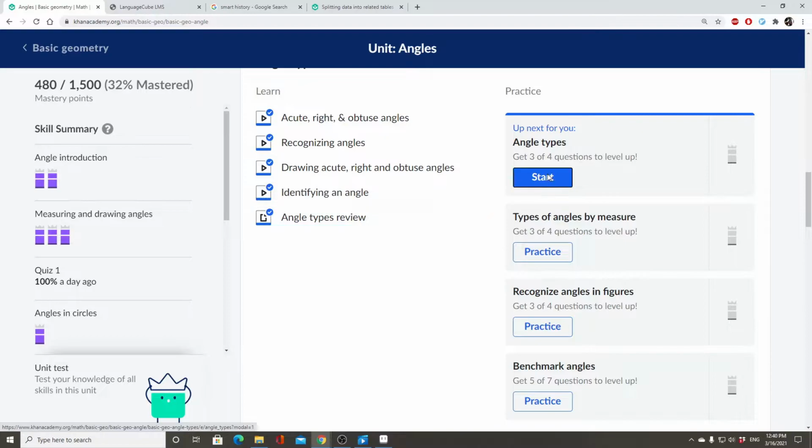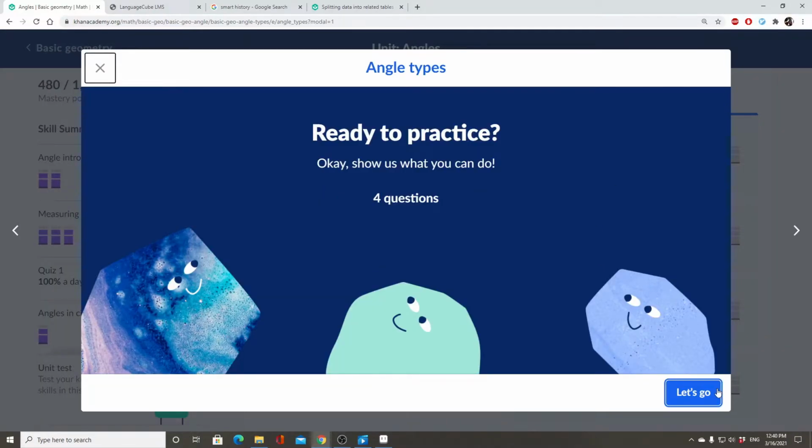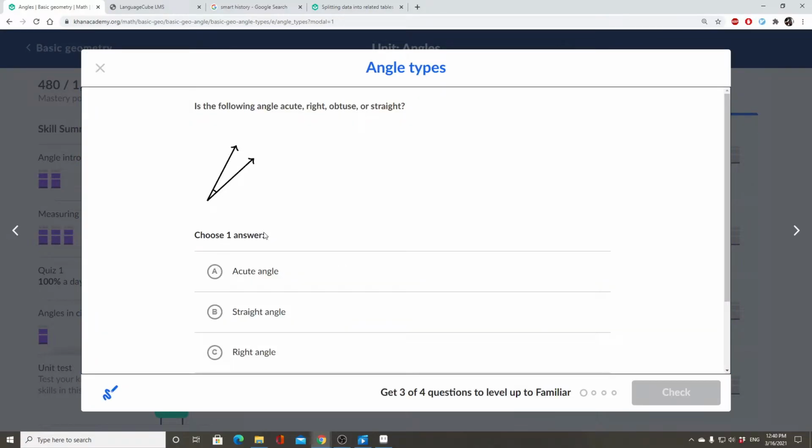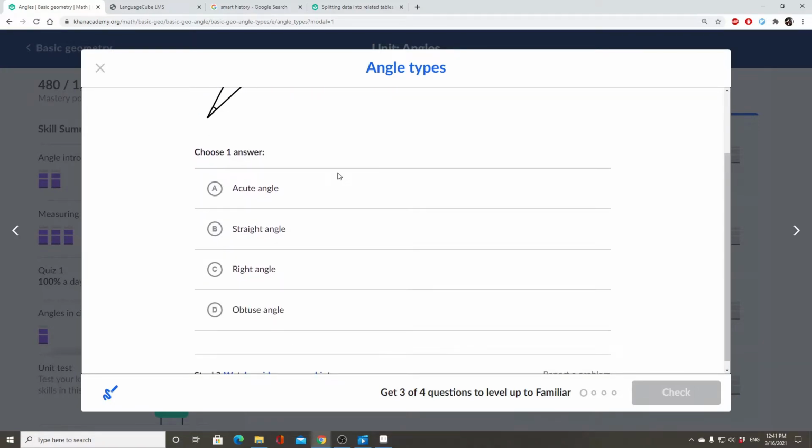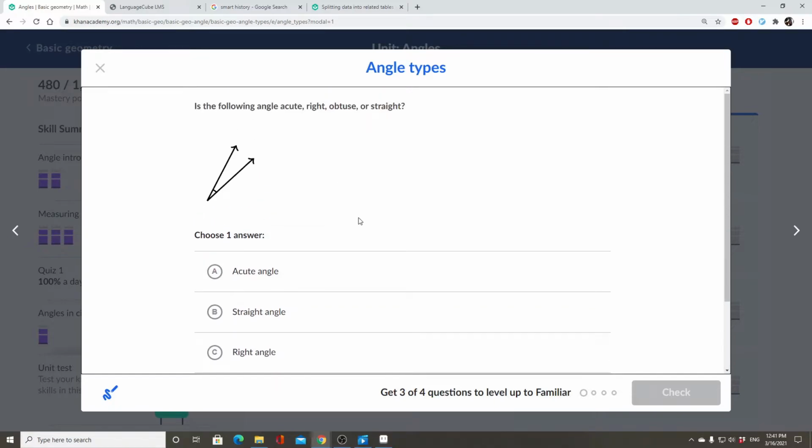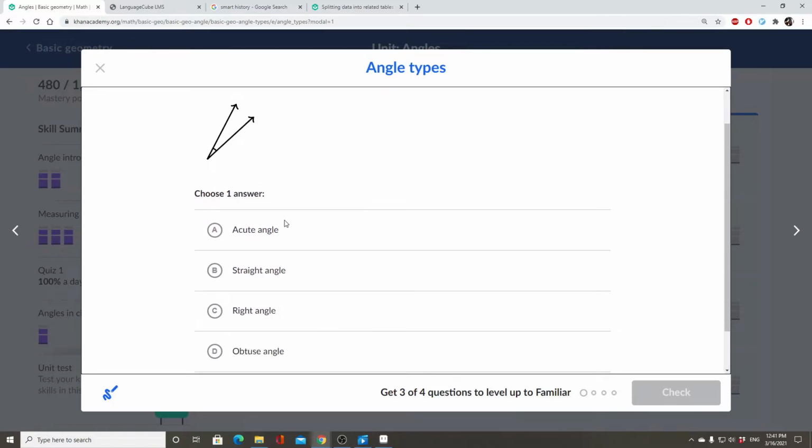That's the review. So let's go ahead and do some of the practice questions. So you actually get points for this, and this is like Khan Academy's point system. The points, you can't really do anything with them. You get badges, and I guess it's like a fun little gamification thing. I don't really follow it, but it feels good to get that little success screen at the end.